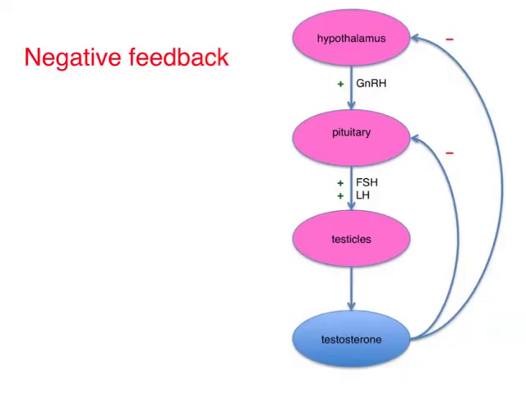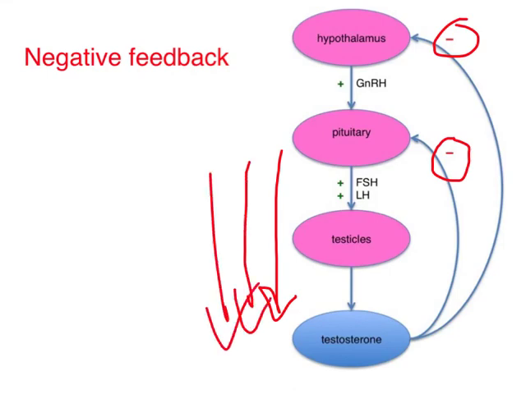This process is a very good example of a negative feedback loop. In a negative feedback loop, the production of a particular product causes the stopping of the production of that particular product. Now that seems kind of strange. Why would I want to stop producing the product when that's what I set out to do in the first place? Well, in terms of our bodies, it makes a lot of sense. If instead of being a negative feedback loop, it was a positive feedback loop, then the production of testosterone would actually cause the production of more and more and more testosterone, which would not be good.